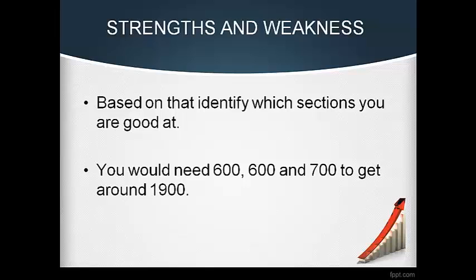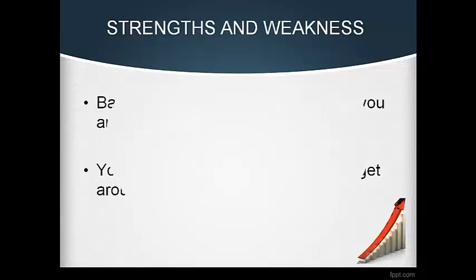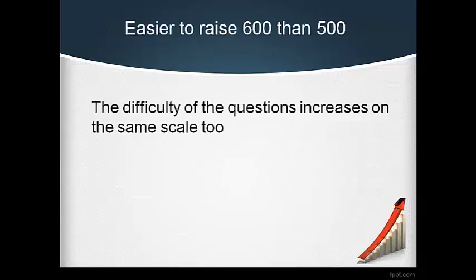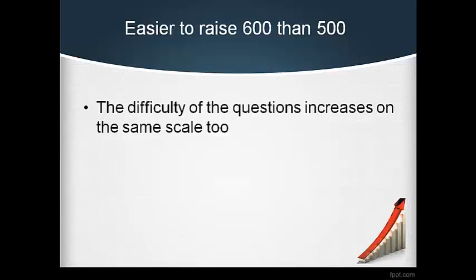So let's say you aim for 1900, and let's say you're good at math. So you can shoot for 600, 600, and 700, and you can get 1900. Some people believe that it's easier to raise a 600 than a 500. So getting from 500 to 600 is actually much more difficult than getting from 600 to 700 or above. If you actually look at the bell curve,